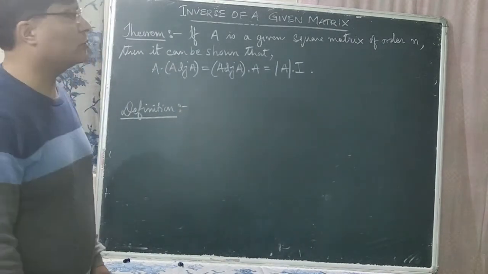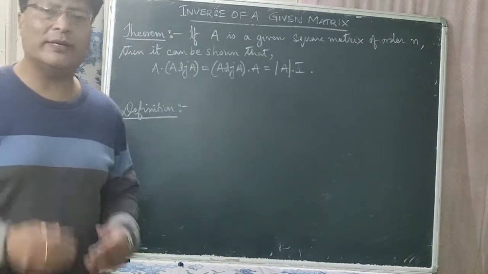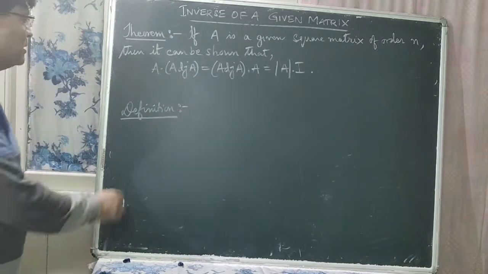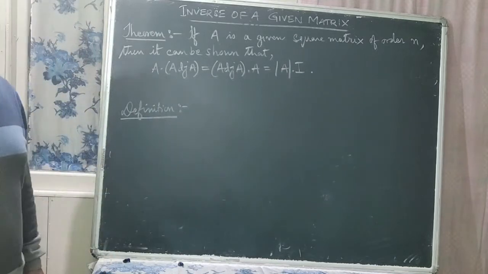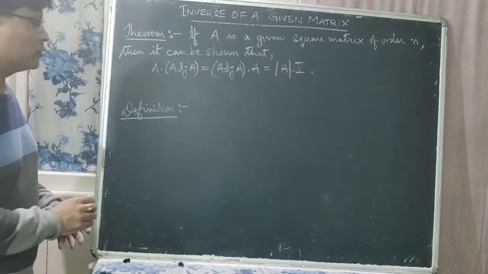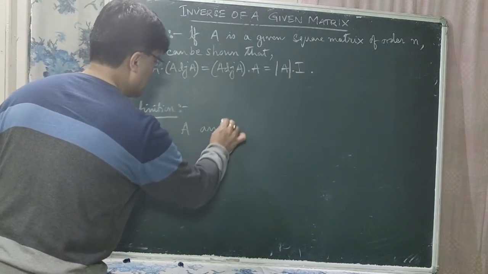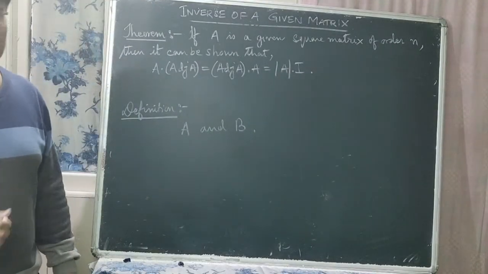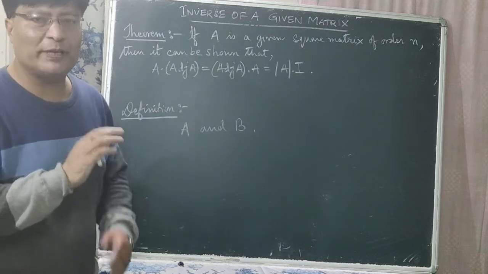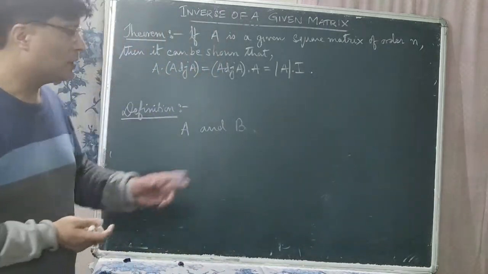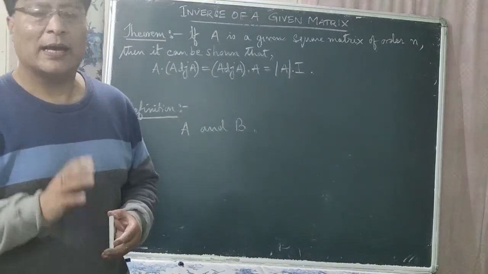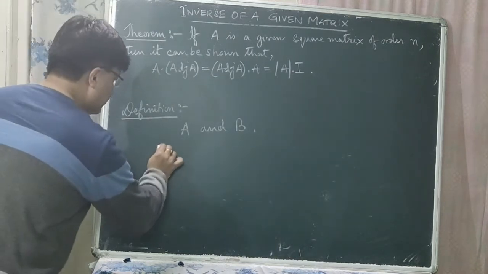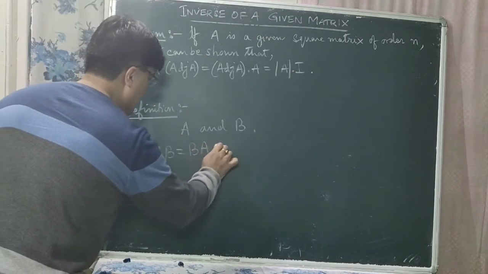So now we'll discuss the inverse of a given matrix, or how you can get the inverse matrix of a given matrix. Let us know the meaning of the inverse of a given matrix. Suppose two matrices A and B are given, of the same order. They should be square matrices of the same order. And if you can find that AB is equal to BA is equal to I,